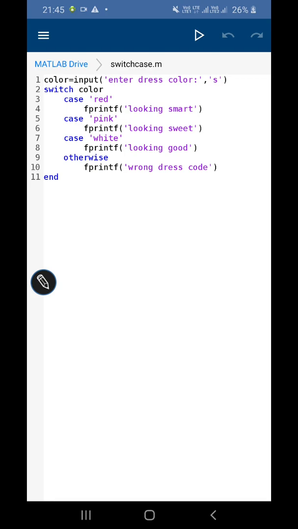If I write the dress color as purple, I will get wrong dress code, because in this program I have not mentioned the purple case.